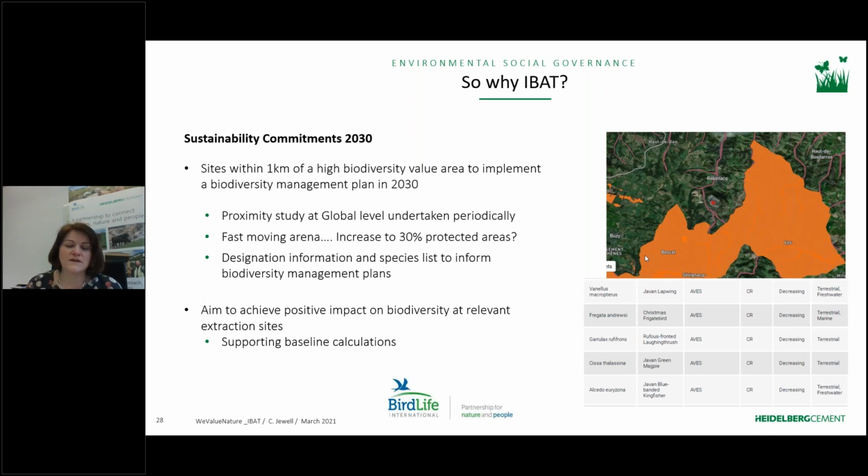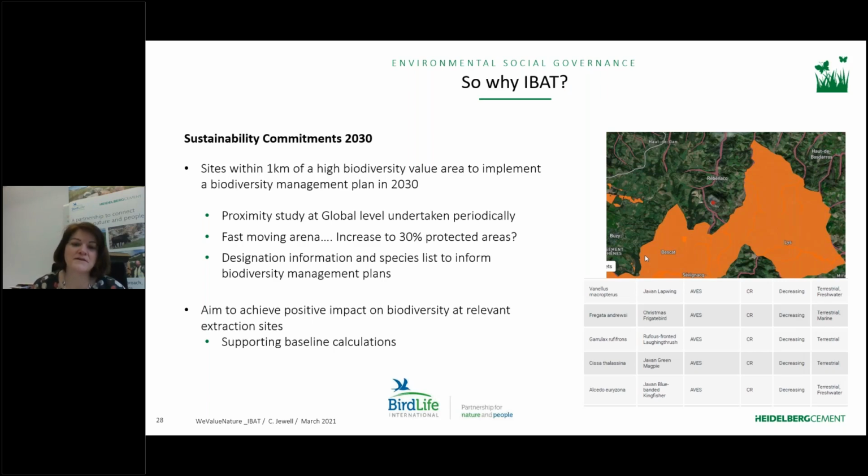At global level, we undertake a proximity study in partnership with BirdLife International, and all our sites are run through this proximity to understand which sites are within 1 kilometre. And the databases provided through IBAT assist us with this. This is a really fast-moving area. I'll talk about that a little bit more later, but there's a lot of noise at the moment around the